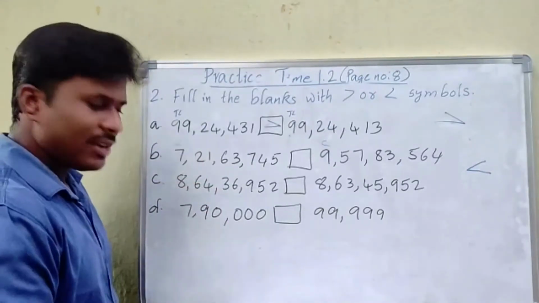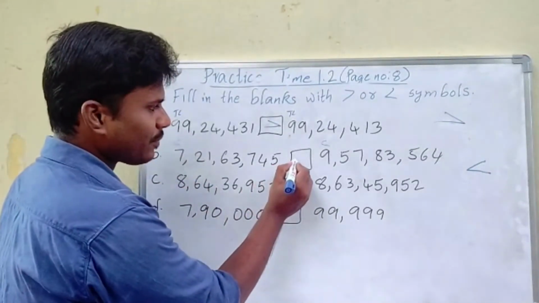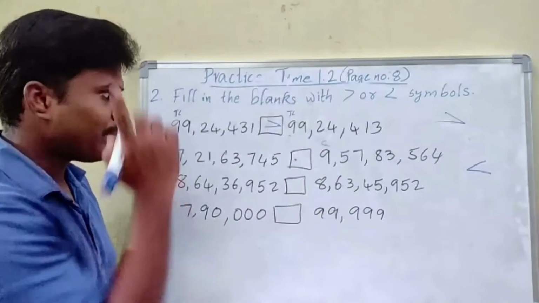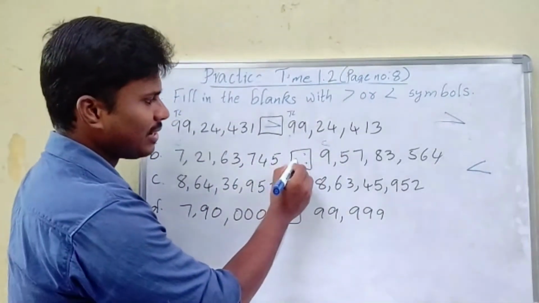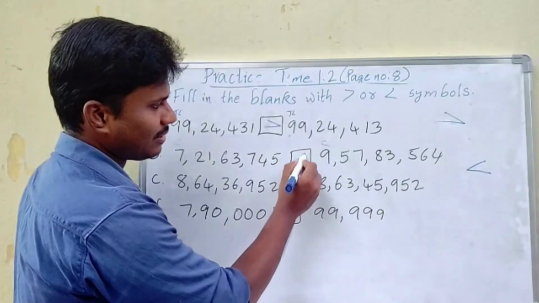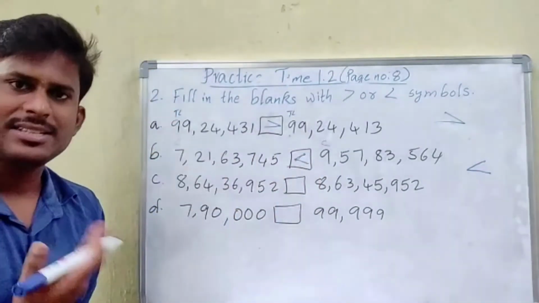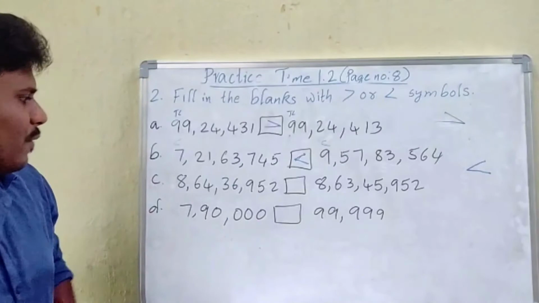So I am giving only 1 point. This number is big, I am giving 2 points. Okay, now see, attach the less than symbol. Okay, now go for this number.